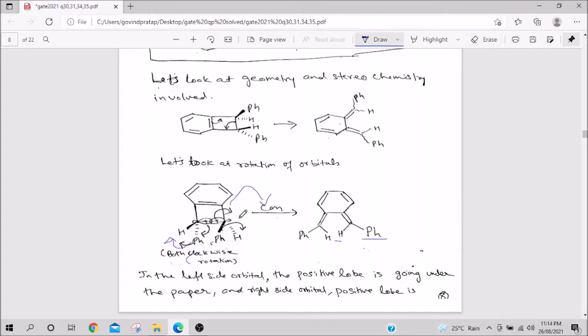So I am just lifting this molecule like this, so I can just draw like this. pH is top towards you, H is also towards you but down, okay, and now you are rotating it 90 degrees to the clockwise. So you are rotating like this. So what happens? pH comes this side and H goes this side. Similarly here, H was top, pH is down, so you are rotating like this. So H comes this side and pH comes this side.